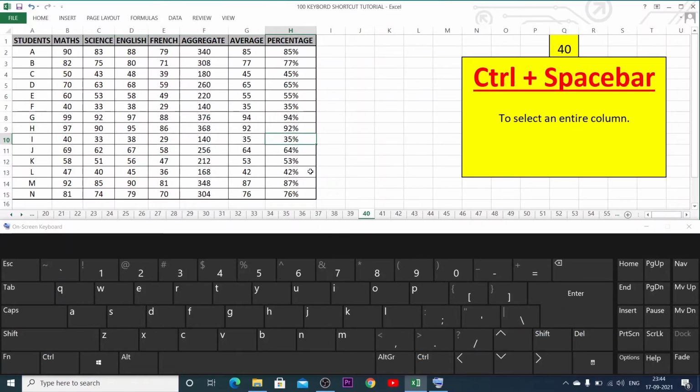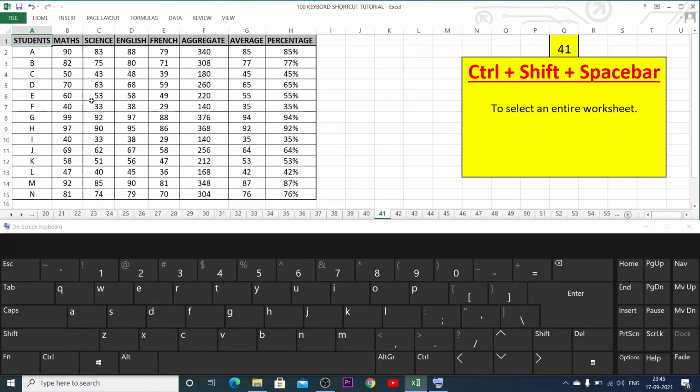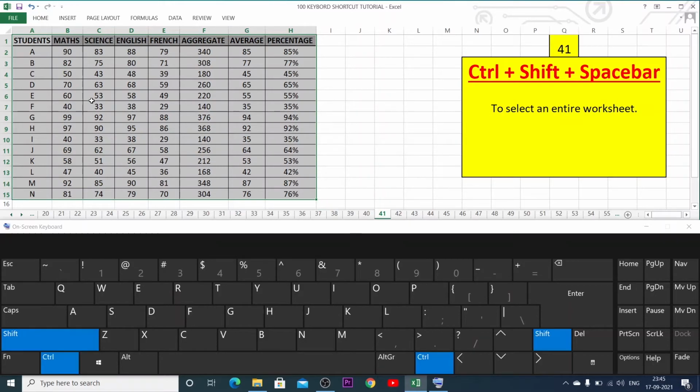Control spacebar to select an entire column. Control Shift spacebar to select a dataset at once, and if you hit spacebar twice, it will select the entire worksheet.